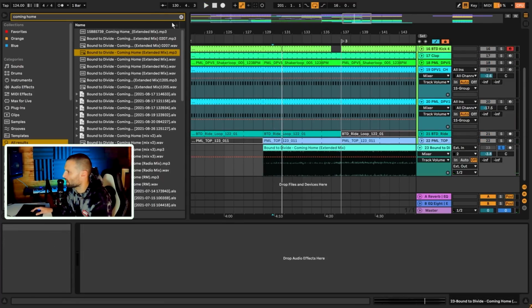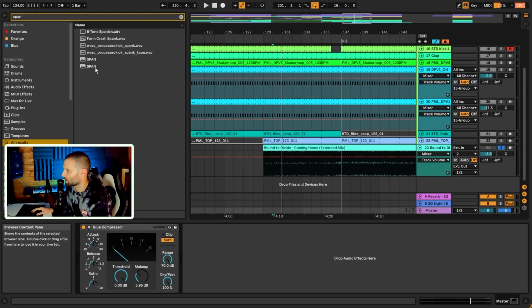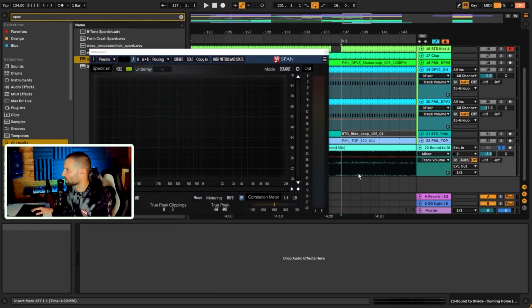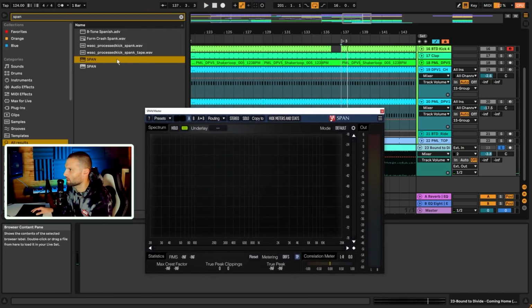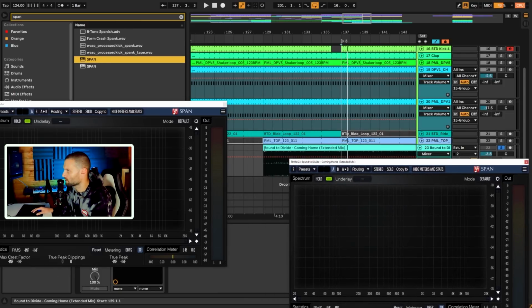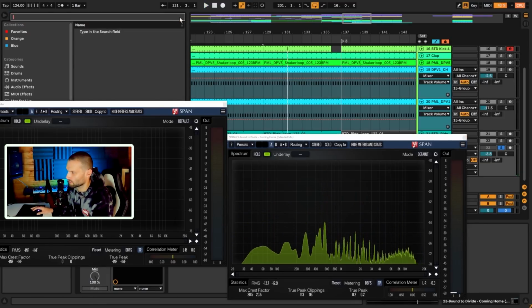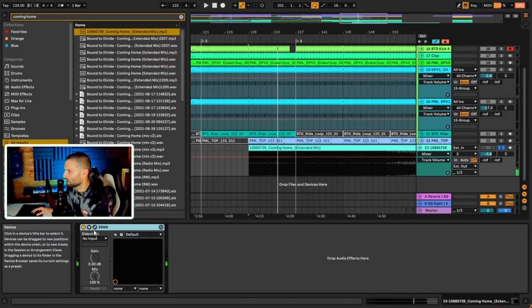Yeah, so I think balance-wise, if we just have a look at this on Span. Span is the only third-party plugin I'm going to be using, but it is a free plugin, so you can go download it for free. I just want to look at the balance of the reference on Span and compare it to this track I'm working on now. So let's just have a look at it. I think this is actually an old version of it. Yeah, so if we just look at Span,